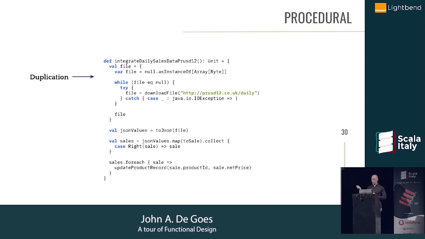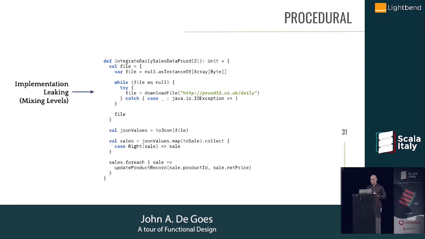And it's hard to factor out this type of logic in the world of procedural programming because we're always doing side effects. Our effects aren't values, so we can't write effect combinators that allow us to do things like retry. But this is what I've seen more often than not in strictly procedural code bases. It's just lots of copy paste to deal. And our retry strategies, by the way, might differ by URL or other things, so it's not going to be 100% duplication.